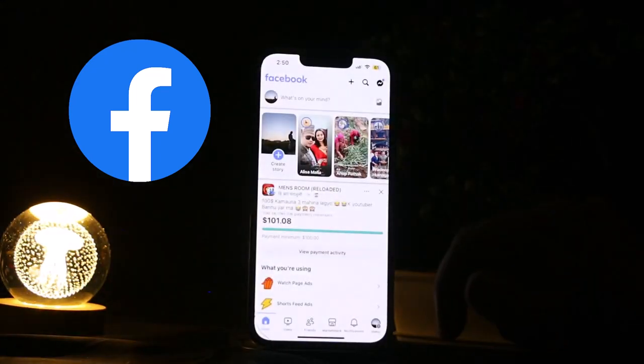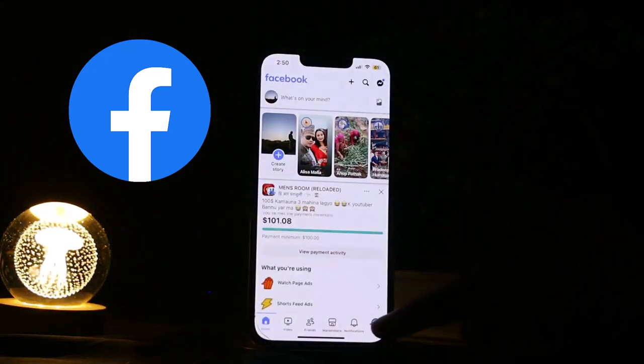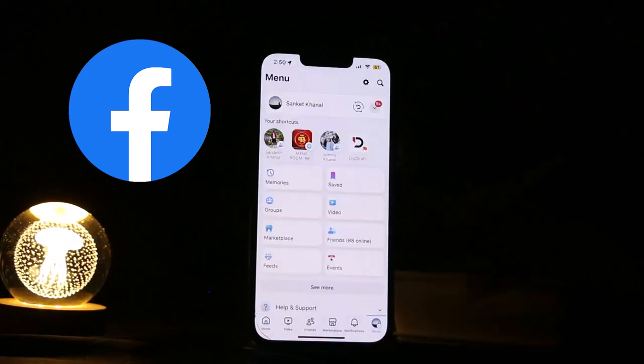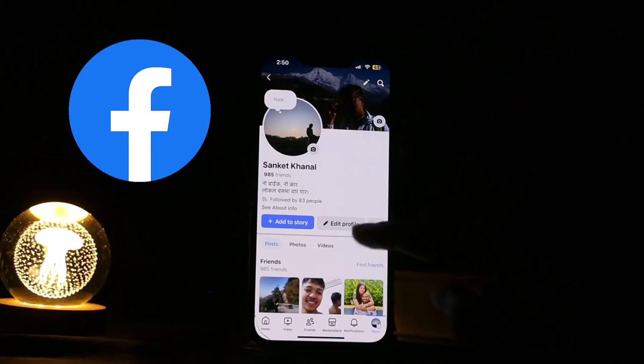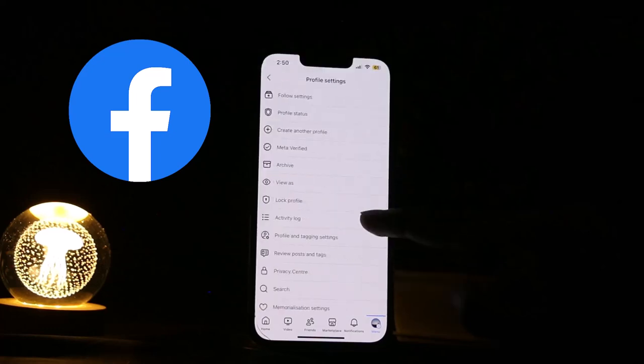Now this is the home page of Facebook. You just need to click on the option of menu at the very bottom taskbar, and from here you just need to click on the option of your name. So this is the profile page where you'll see the option of add to story, edit profile, or the three dots next to it. So click on the three dots next to it,